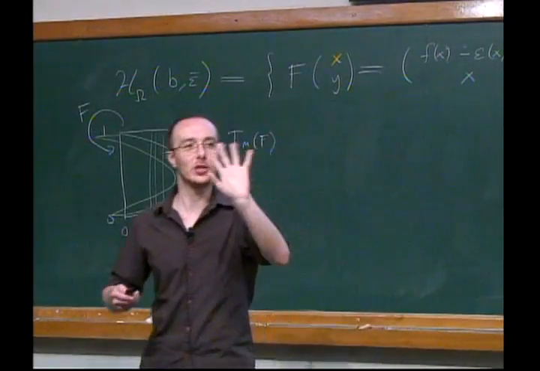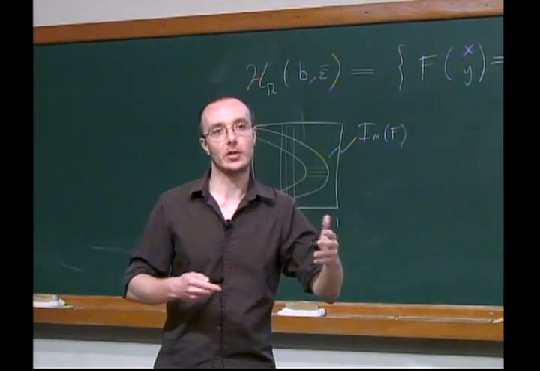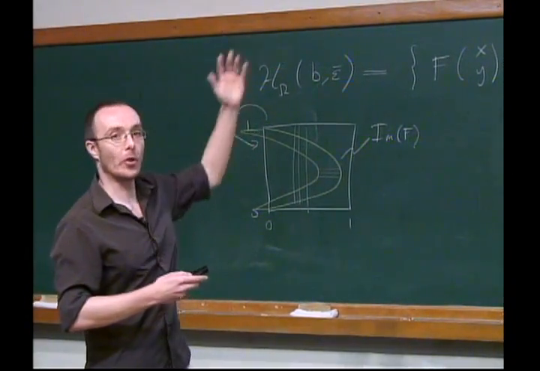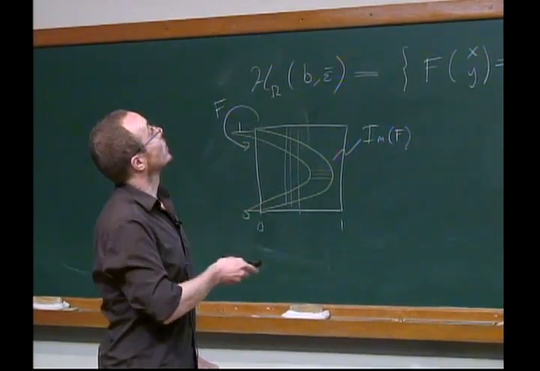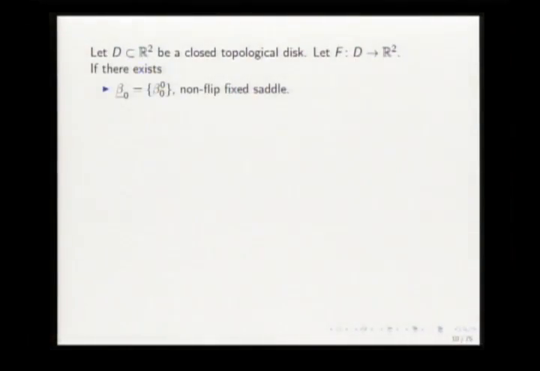Okay, so this is a sort of topological definition, and then there's sort of an analytic part which you can build into this later, which is to do with changes of coordinates. Because when you renormalize, when you look at a higher iterative one of these maps, it's not of the same type. It doesn't map the second coordinate. X isn't the second coordinate necessarily. So you need a change of coordinates, but modulo this change of coordinates, the renormalization operator will be the following thing. Okay, so we take a closed topological disk, and we're going to take some fixed non-flip saddle point